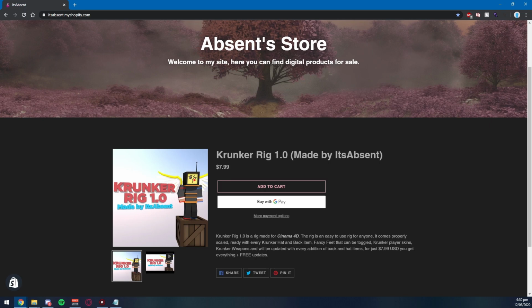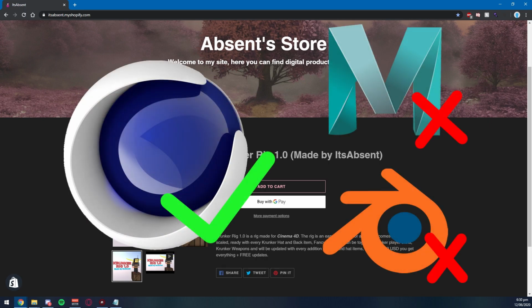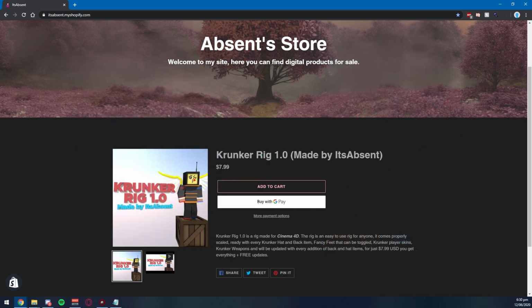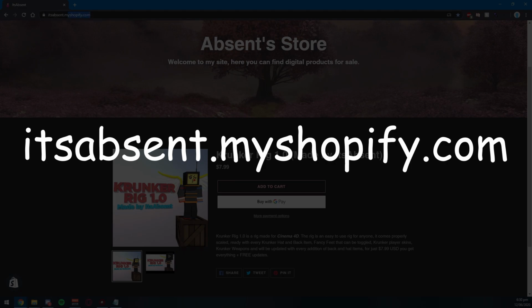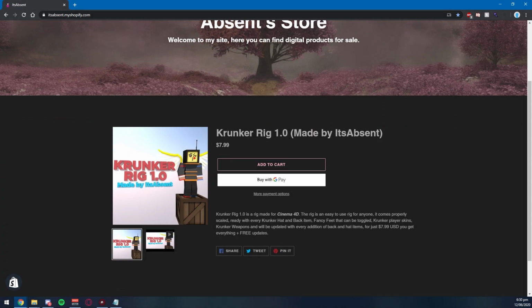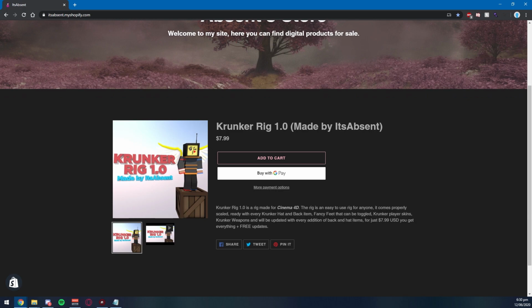Before you buy Krunker Rig, please make sure you have Cinema 4D. Krunker Rig doesn't work with Blender or Maya or any other 3D modeling programs. The only official place to buy Krunker Rig is from my website, absent.myshopify.com. Once you buy it, you'll be given an email with a download link and you'll get a